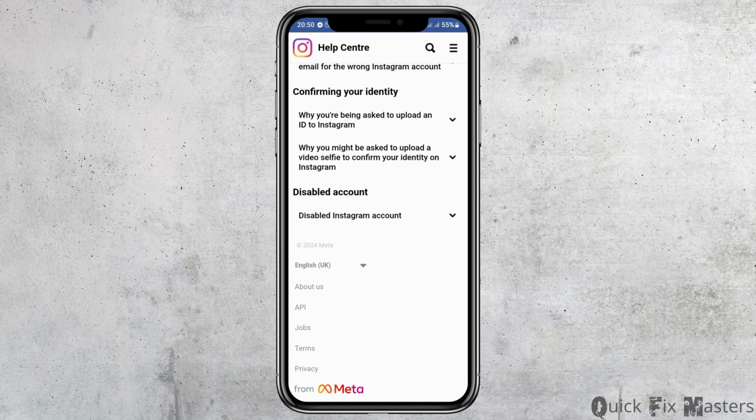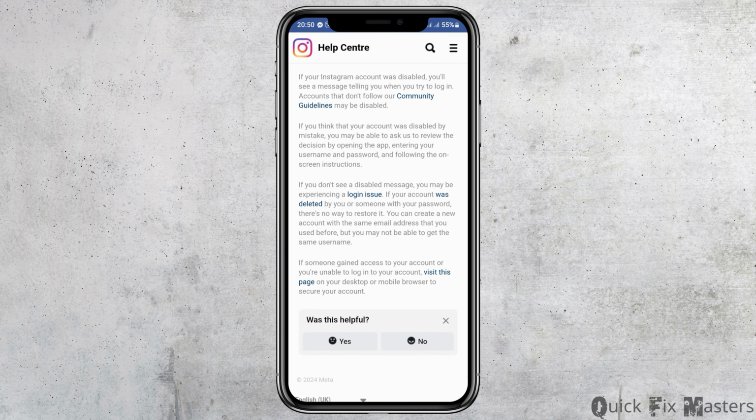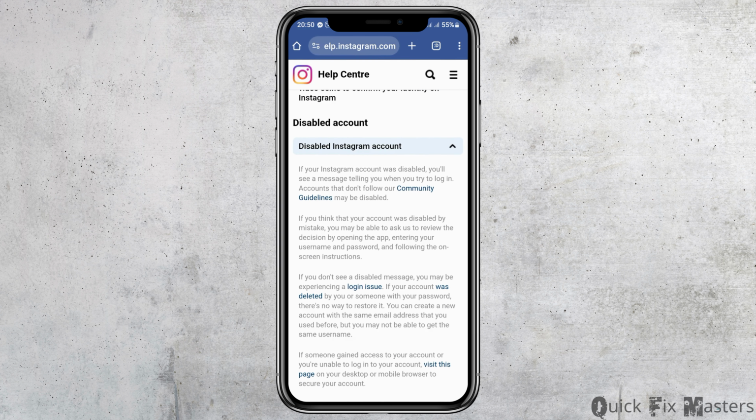Now you can just go down to disable Instagram account and just go down there, and then you can just see this, and this way your problem may be